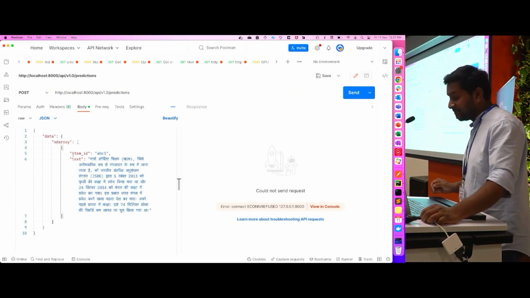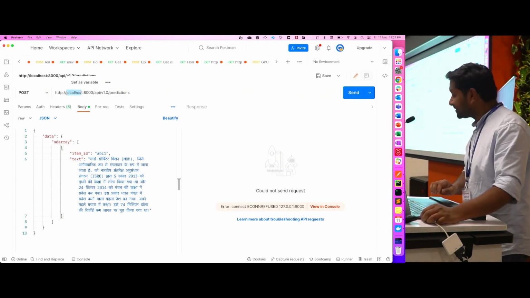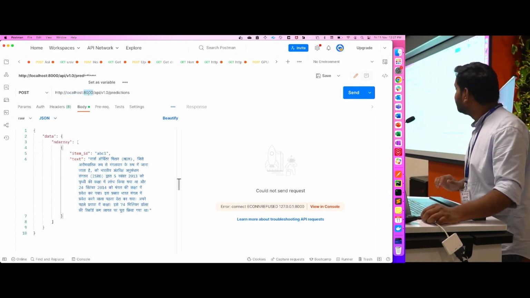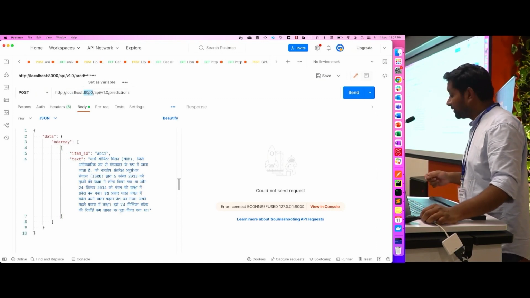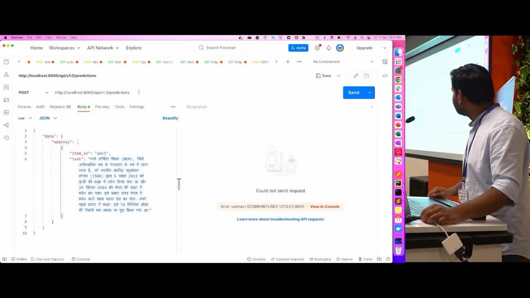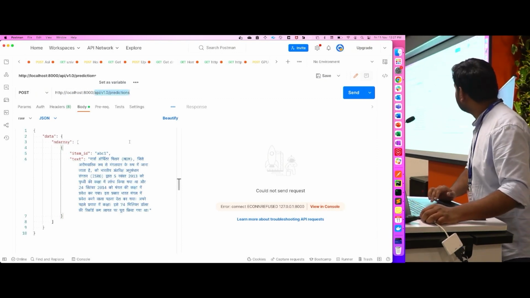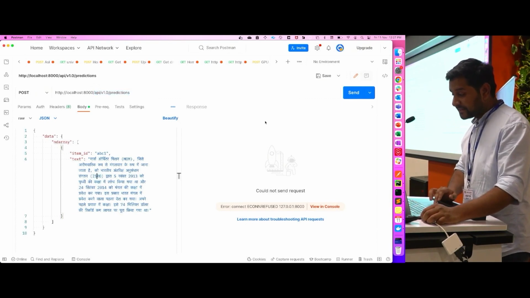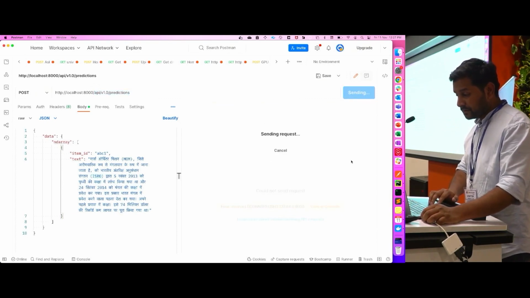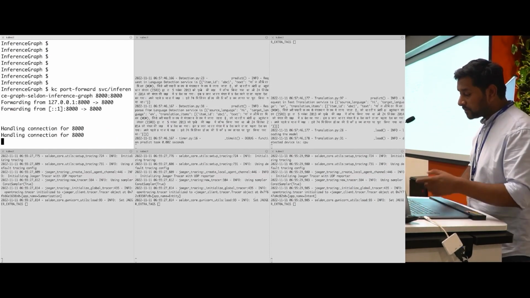important pieces of information. The API, of course, is localhost as it is running in our system. 8000 is the port that we have mapped to the port of the Kubernetes cluster. It's already running locally in my system, and this is the default API signature. If we send the request, so the request is gone,